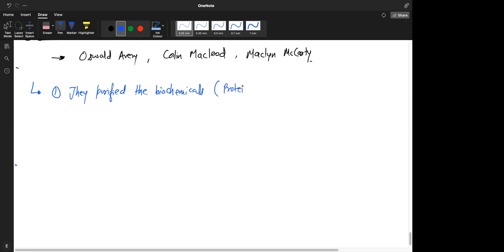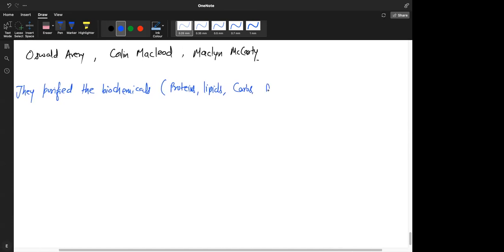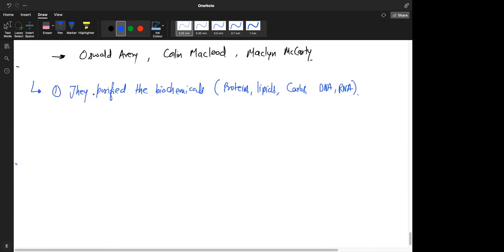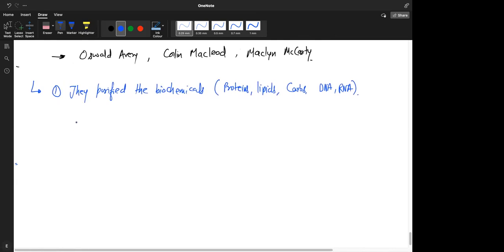Proteins, lipids, let's say carbs, and nucleic acids, DNA and RNA. Okay, so this technique of purifying biochemicals was developed, and they used this technique, which was not present when Griffith did the experiment. They purified the biochemicals separately from